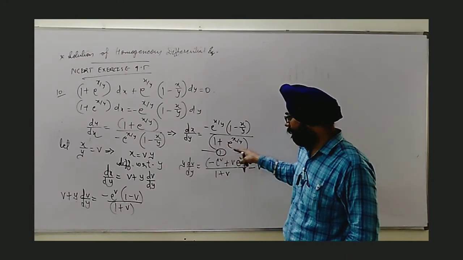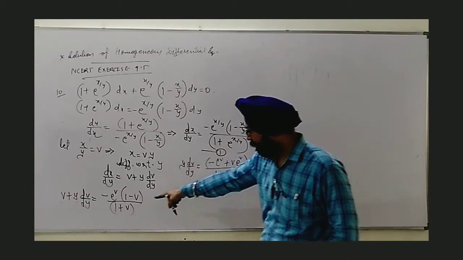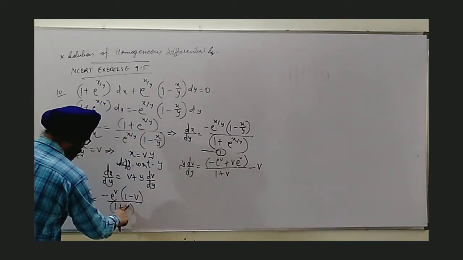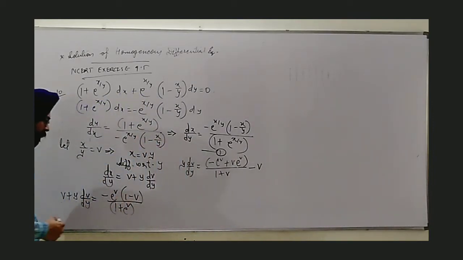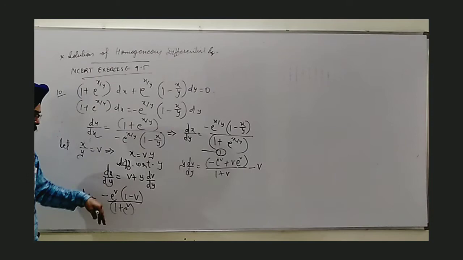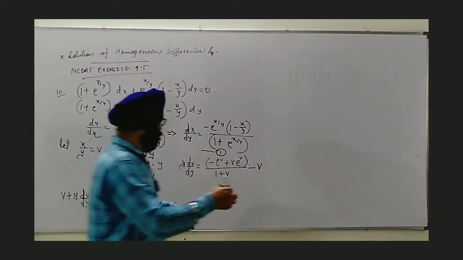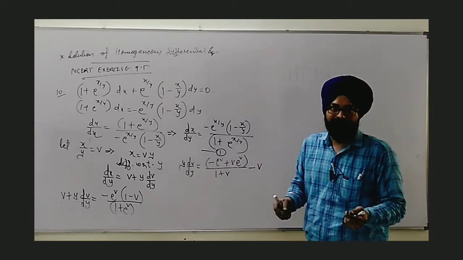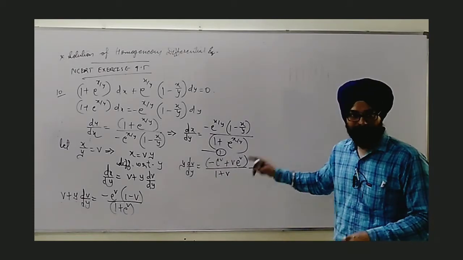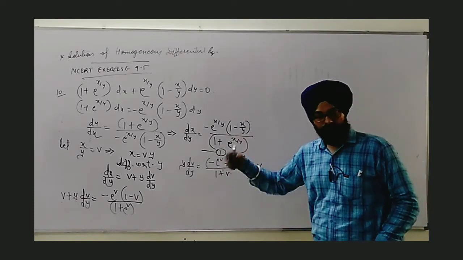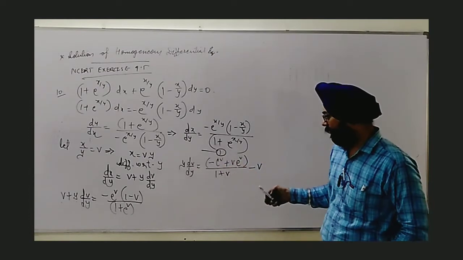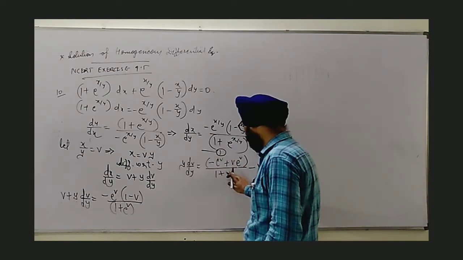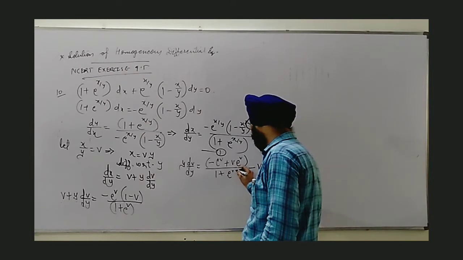It's 1 plus e raised to the power x upon y. I had written only v; this will be e raised to the power v. By this mistake I can guide you on how to check. In advance I was calculating, and when I multiplied, no cancellation took place and I made a very complicated expression. So I stopped and checked again. You also can take help of such steps. So here it will be e raised to the power v.